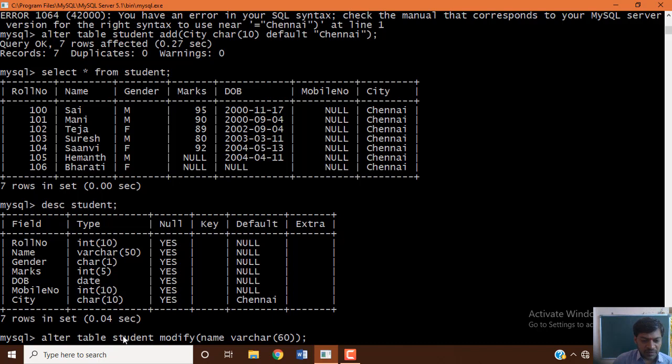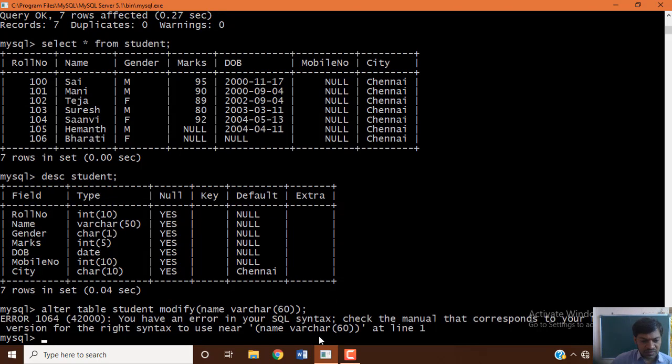Alter table student modify is the command, name is the field name, varchar data type, and the size which you want to update. It was 50 characters length, now we updated to 60. Let's execute it.